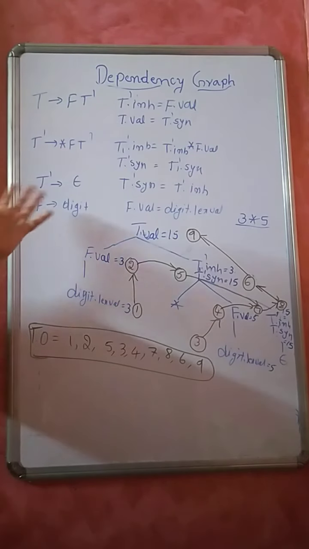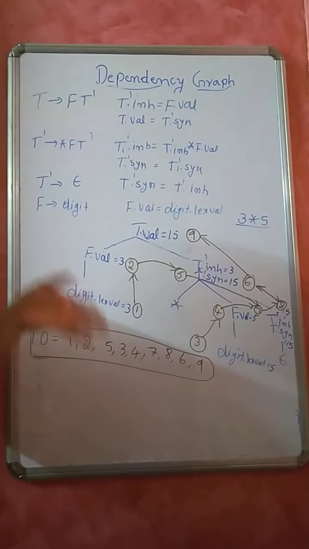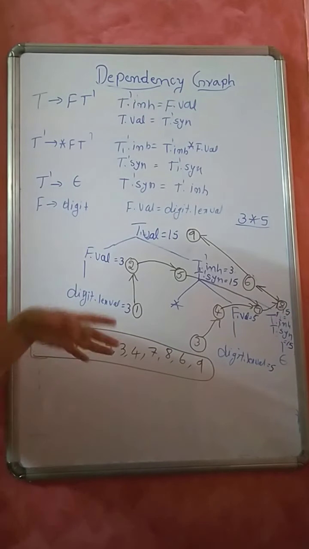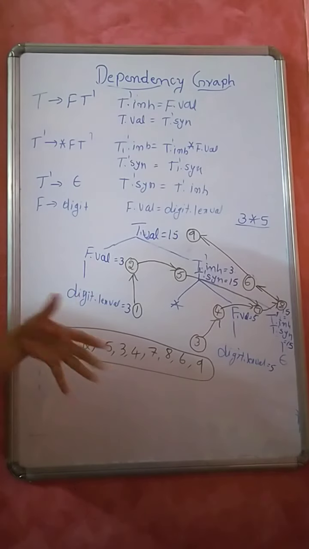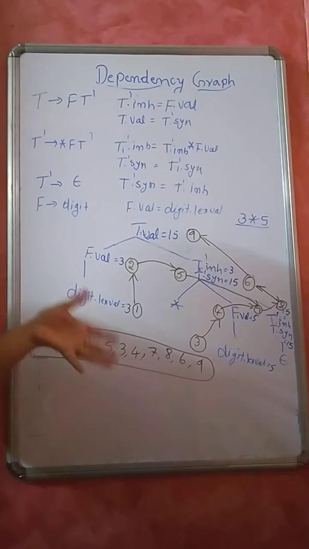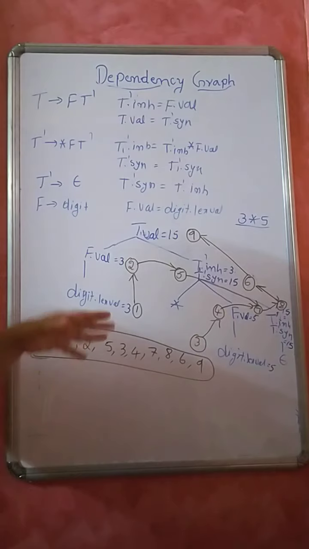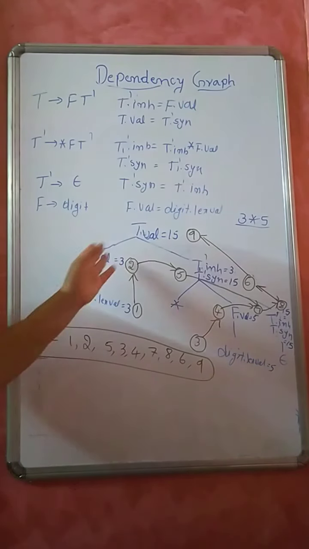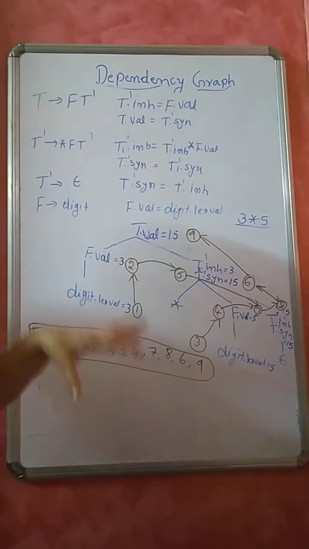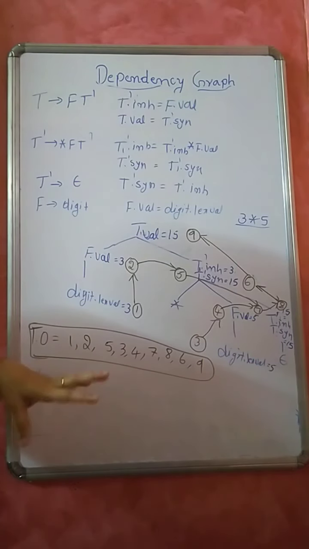So I may explain one more example also, but it takes too much time. So that's why you go through the other examples. If you are not getting it, then please inform me. I'll explain a few more examples on this because it is somewhat difficult to understand also. I have explained the small example. So there are big examples in the notes. You go through all those examples first. If you are not getting it, you just message me or you can call me. If all of you want that, again I'll take a few more examples. I may explain that also.